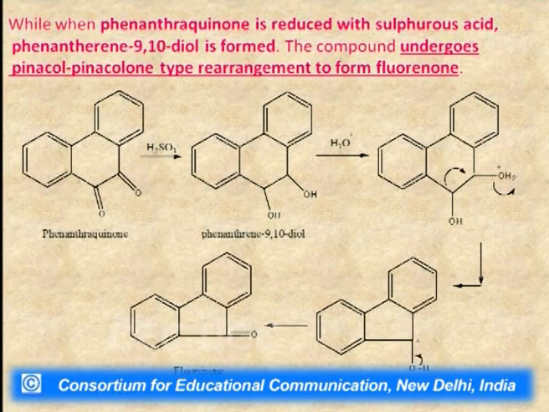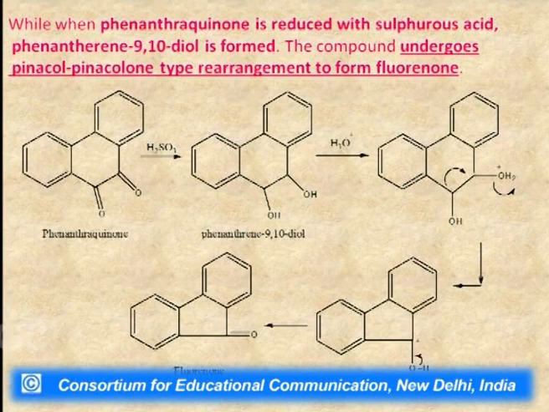While if we reduce this phenanthroquinone using sulfurous acid, the two carbonyl groups of the dicarbonyl part will first undergo reduction to form secondary alcohols. Here we are getting the 9,10-diol, which on hydrolysis will undergo